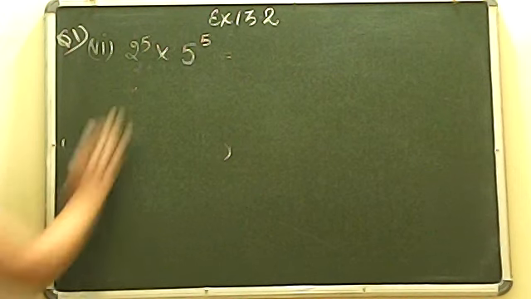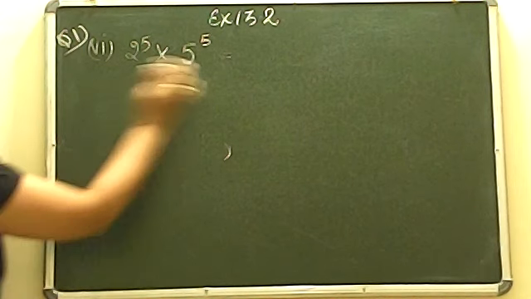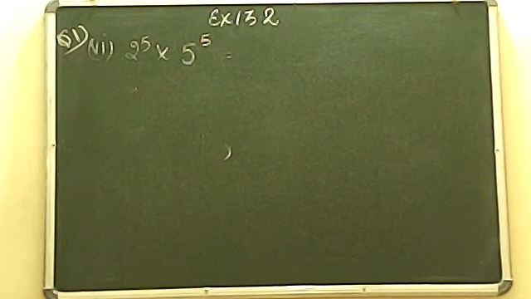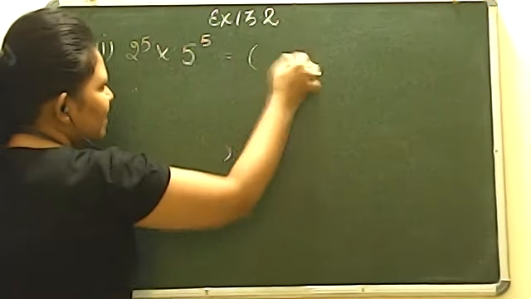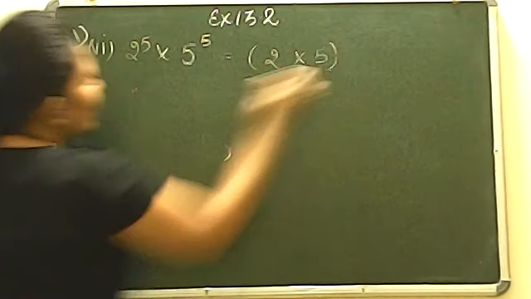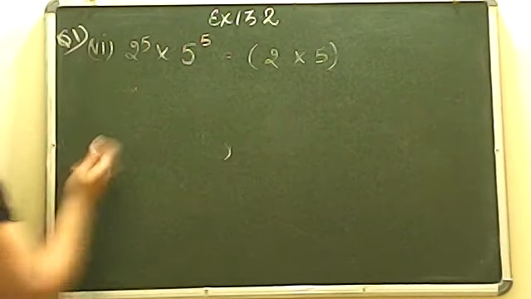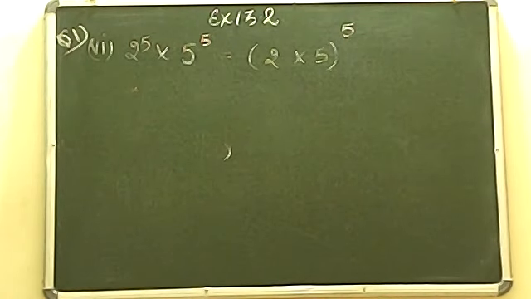Okay. Now look at here, beta. Now we are going to discuss the next law. Look at here. This time bases are not same. Rather we have power same. And you can see this when we have different bases, same power. You are knowing, in between जो भी साइन होता है उसके साथ आप बेस जो है वो कॉमन लिख देते हो, like 2 into 5 will be written together and the power which was same will be written only once. So 2 into 5 will be written once all together and the whole power will give you 5. Can you all tell me what should be the answer now?